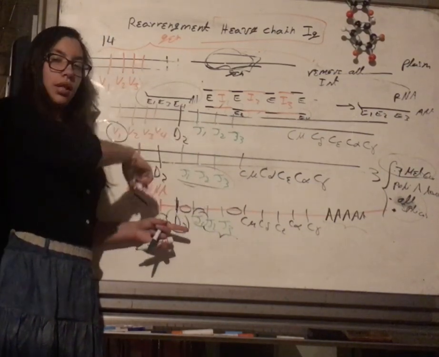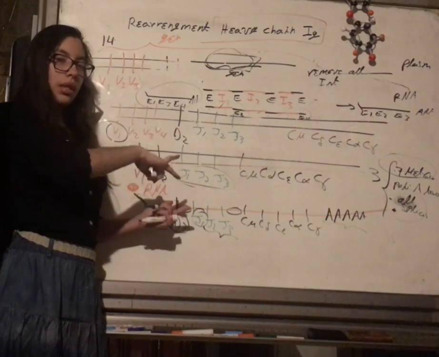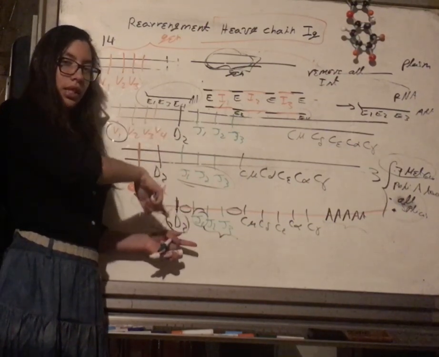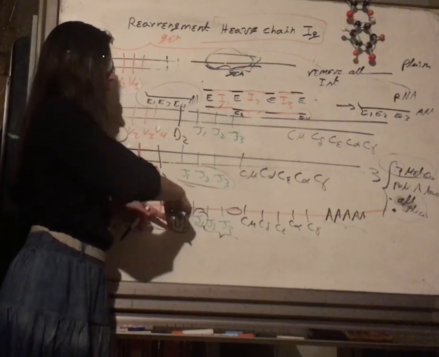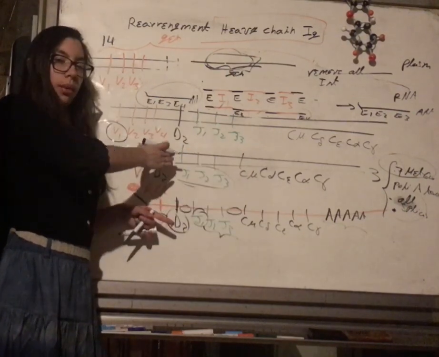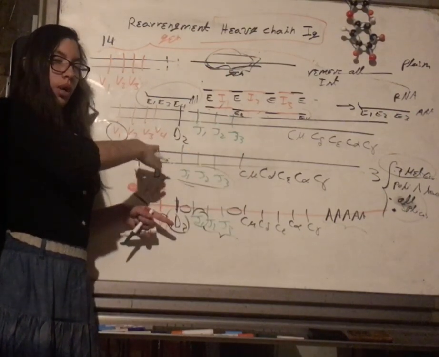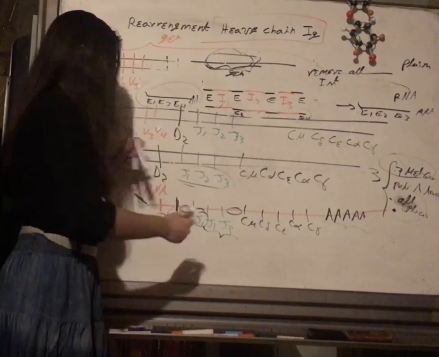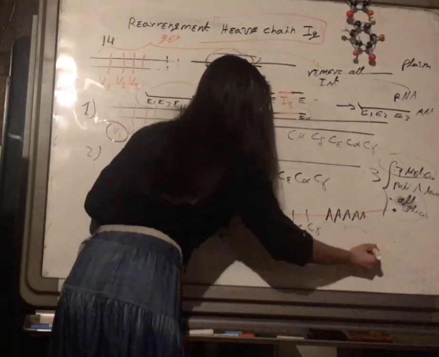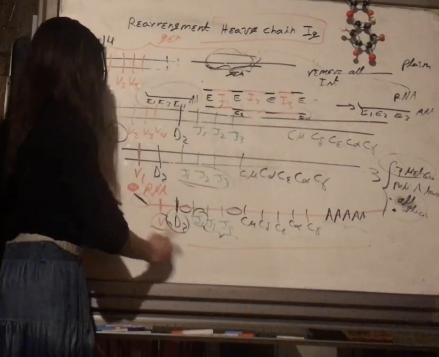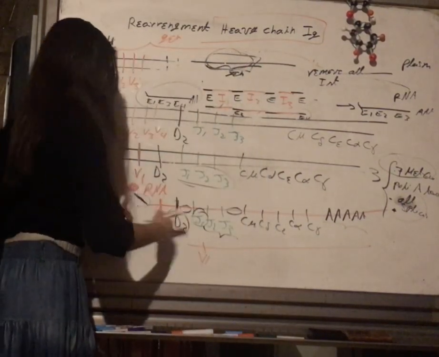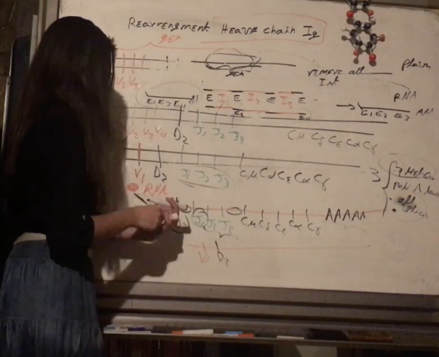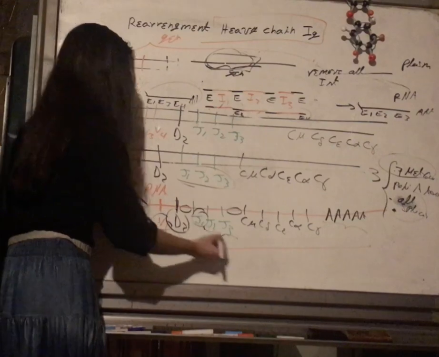Remember that we said we need to pick one B, one D, and one J segment. Right now we are choosing the J segment, but right now we are in RNA. When we chose the B and the D segment, we were in DNA. Right now we are in RNA. So we have, again here, RNA. We have the B segment, B1, the D2 segment. We chose this, so J1,